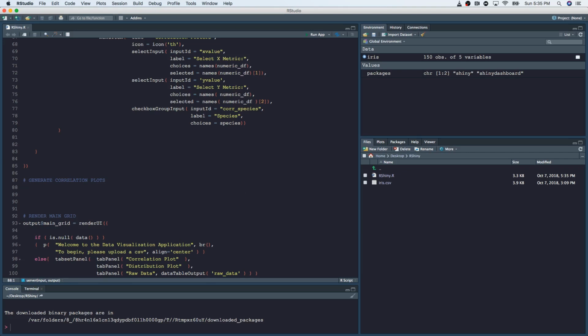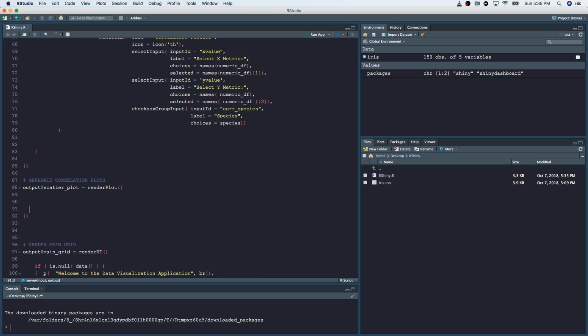So the first thing we want to do is build our scatter plot. So I'm going to put the output again, since this is going to be rendered. So output, and then I'm going to call this scatterplot as the ID. And this is, as you guessed, rendered as a plot. And again, in there we use the curly brackets. Now that we have the curly brackets, one thing we can do is we can say,